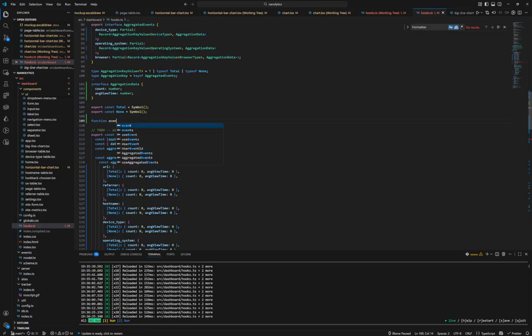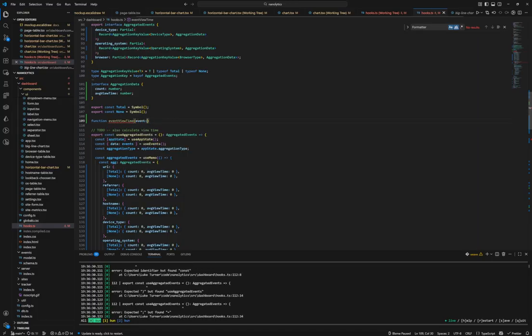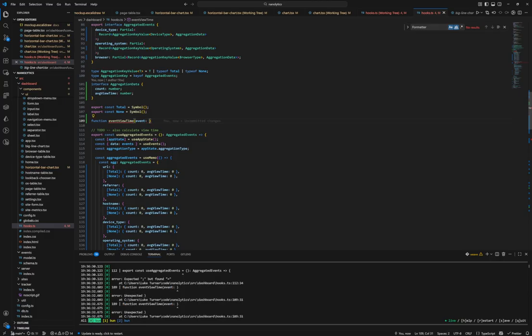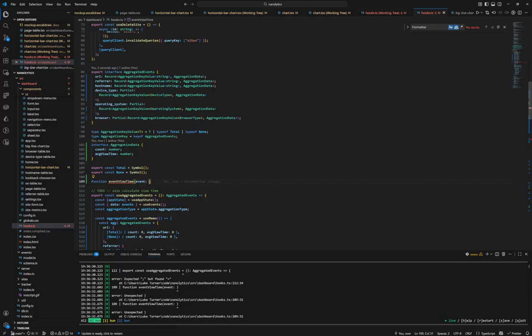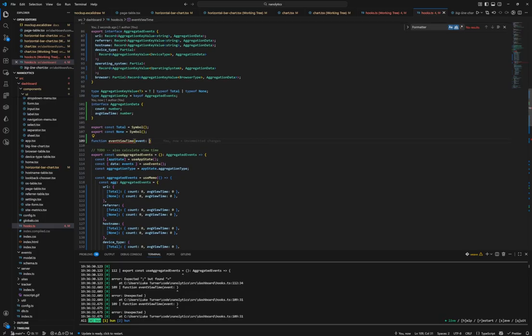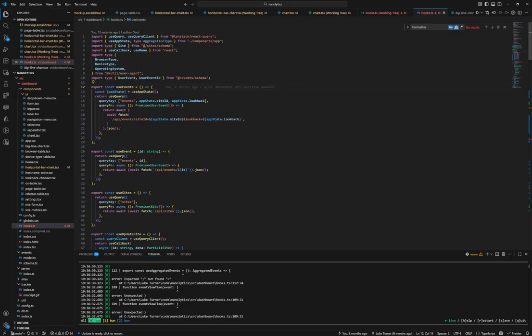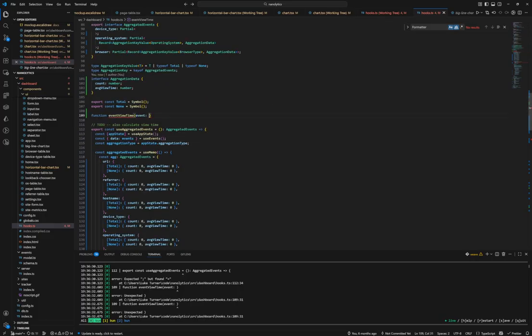Function event view time. Event is whatever this type is. I should have a type for this, right? User event, yeah. So this is going to take a user event